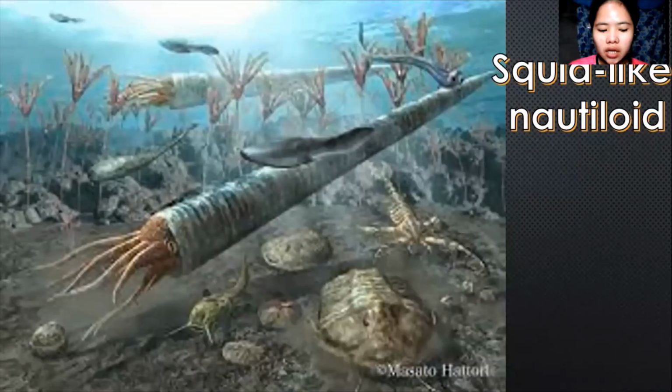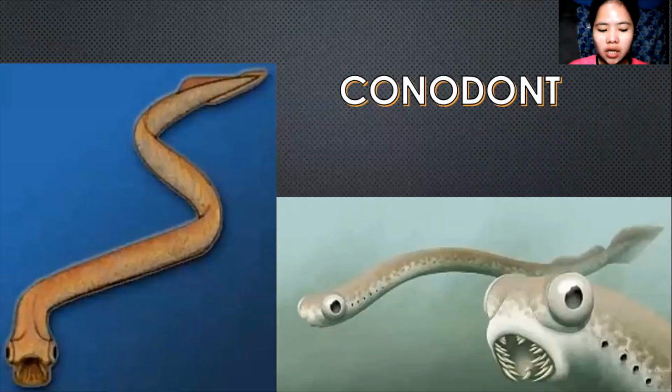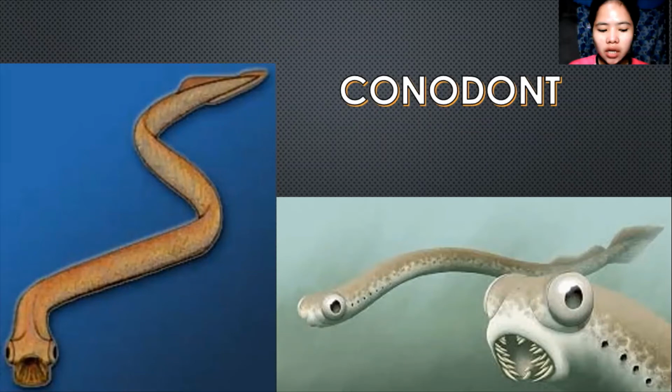So in terms of the animals or life in the oceans, we have the squid-like nautiloids. As you can see in the picture, that is an example of a squid-like animal. They are also known as the predators because they eat most of the maliliit na life forms during that time, and they also look like mollusks. And another one is the conodonts. Conodonts are vertebrates, an eel-like creature with large eyes. So visible naman, dagko gid silag mata ang mga conodonts.